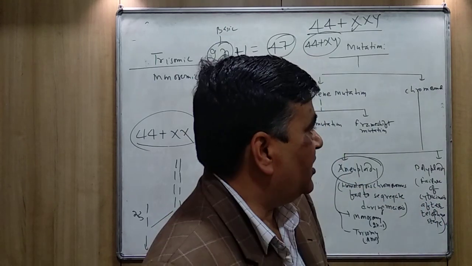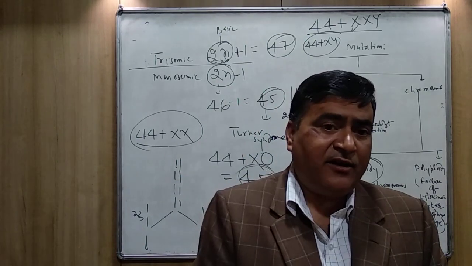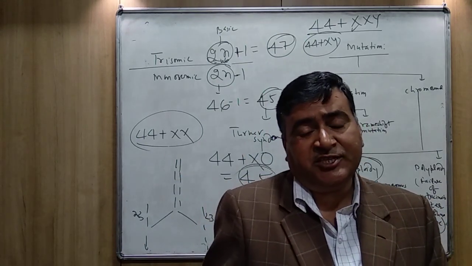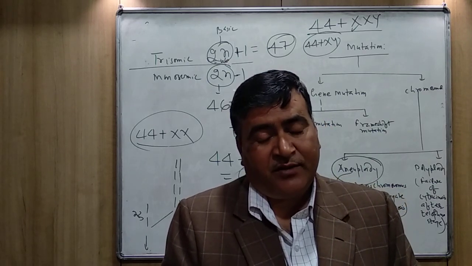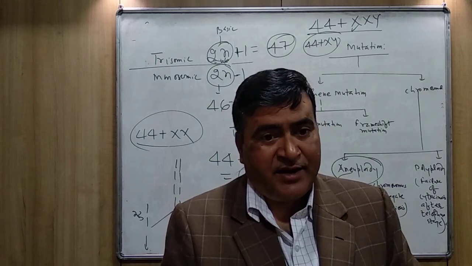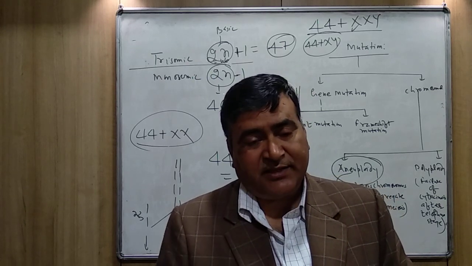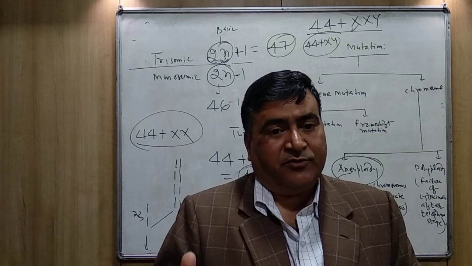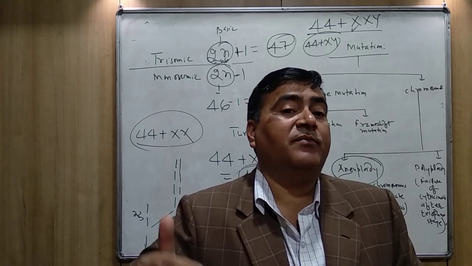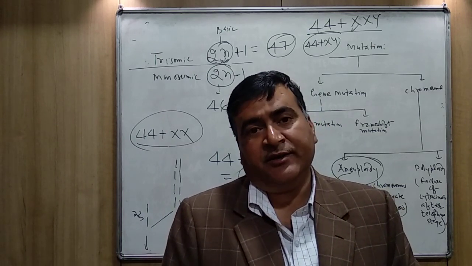But in the case of polyploidy, the whole set is going to be changed. If the normal set is diploid, it may become triploid, tetraploid, pentaploid, hexaploid, with more than 2 sets of chromosomes. This condition is called polyploidy,